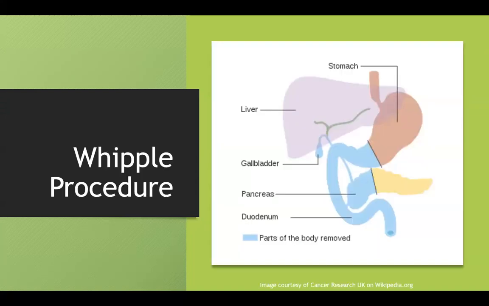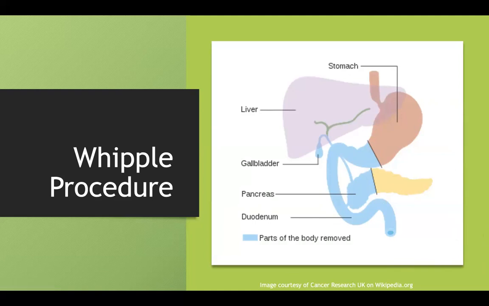A Whipple procedure is a very extensive procedure where they take out the gallbladder, part of the stomach, your duodenum, the head of your pancreas, and they have to attach this to the distal portion of your intestine. It's a mess. I actually got to rotate on it. During my surgery rotation, I was part of a Whipple, and it took like 10 plus hours, and I'm not a big surgical guy. But interesting nonetheless. And that's how you would need to treat it.